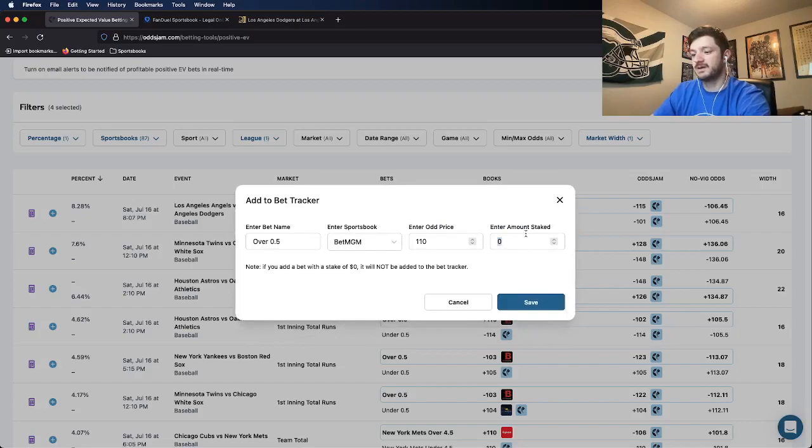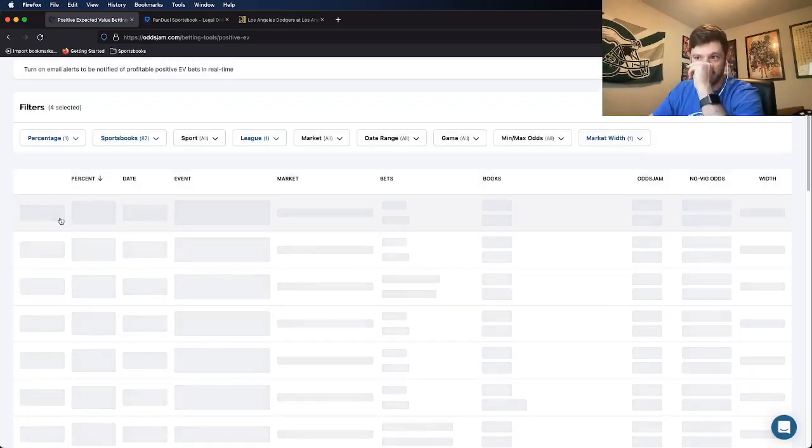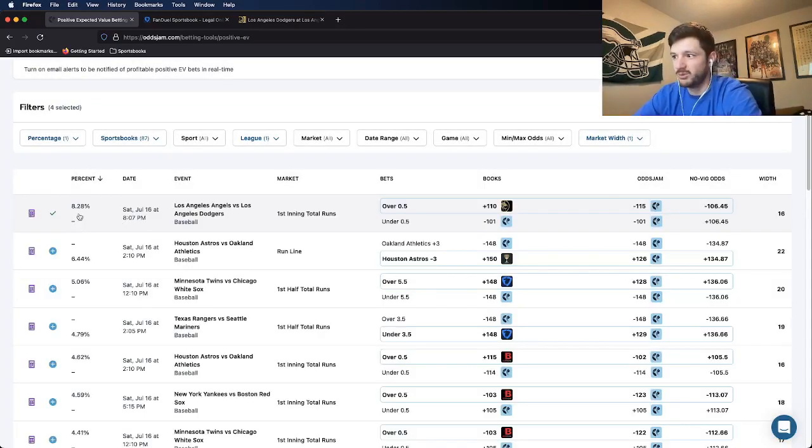Now let me just add it to my bet tracker, and let me talk about this percent a little bit more before I go further into it. This 8.28%, like I said, can be viewed as your profit margin, the amount of money you could figure to make per every $100 spent on this bet. Now, $8 on one given bet doesn't sound like a lot, but there's a couple of things you need to keep in mind. Number one, this game is played today, so this profit will be realized by the end of